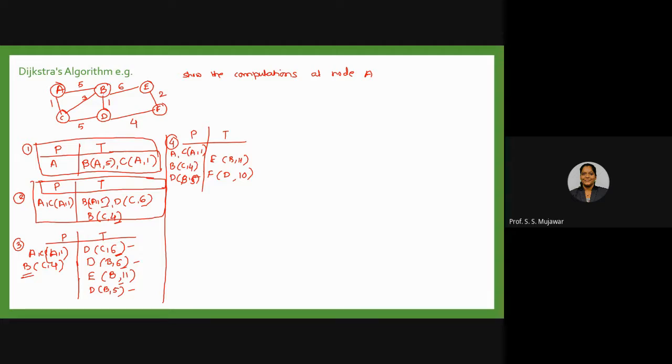Now you will say we have visited D. We have visited B, then we can go like this, 3 plus 1 plus 1 plus 4, then the value is 3, 4, 5, 5 and 4 will be 9, and then we can go like this, 5, 6, and then 4, here also 10 value.